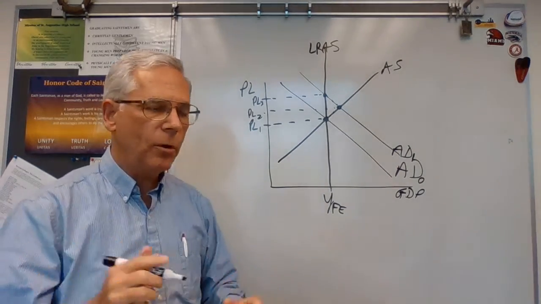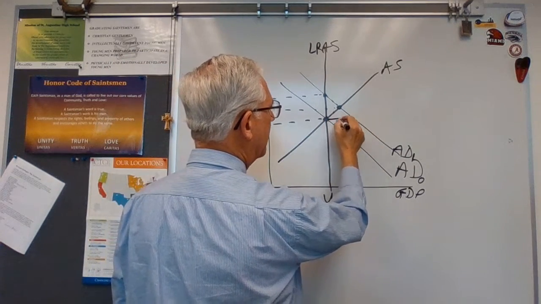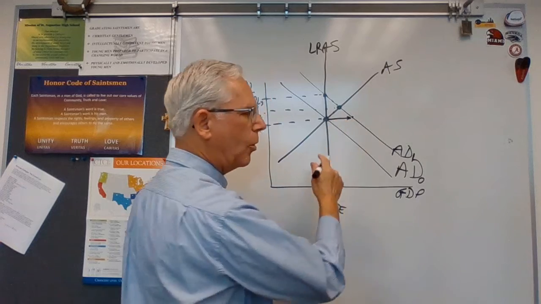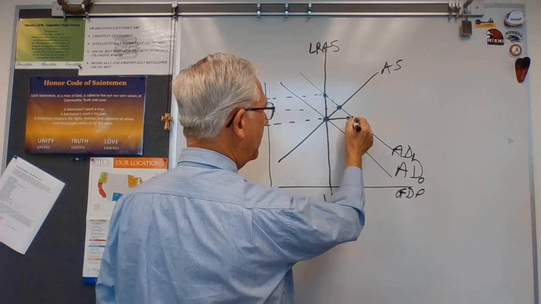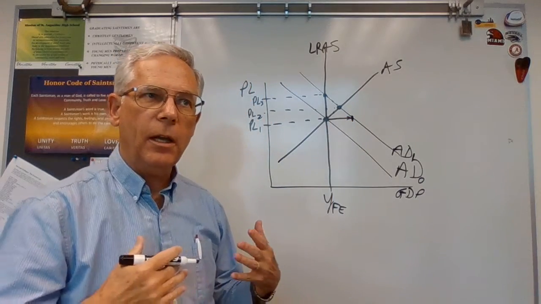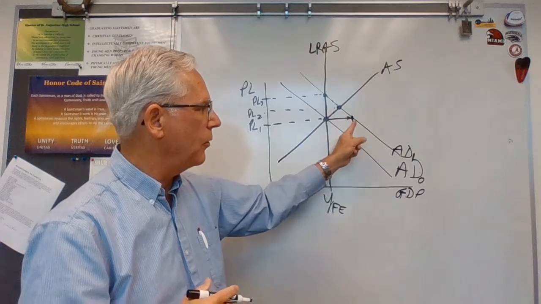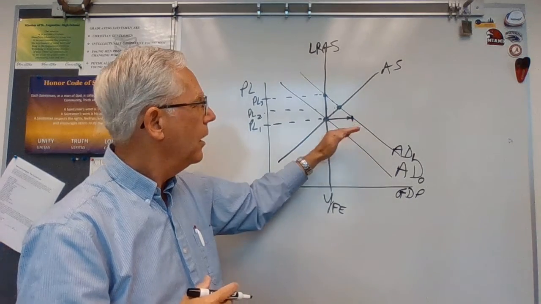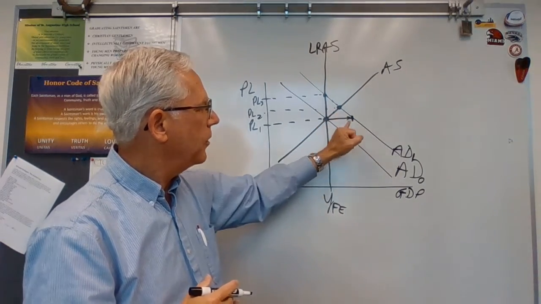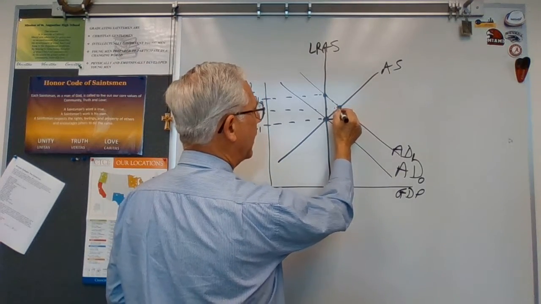Now, point one more thing out here. The aggregate demand curve shifted to the right by that much. The horizontal shift was from here to here. Okay, that is the full multiplier effect. That would have been the full multiplier effect, that horizontal shift of the aggregate demand. We wound up with less than the full multiplier effect. We actually wound up temporarily at this point,